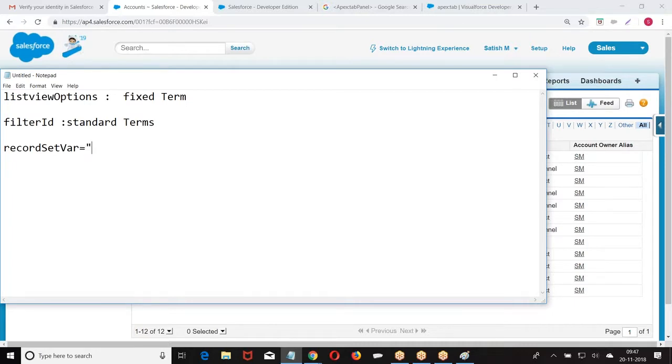When I say record set var equal to items, what is that item? It is a variable which will contain a group of records. Which group of records? Based on the option you selected, whatever group of records we are getting are in that value. I can give this as ABC because it's a variable. I can give whatever name I want.